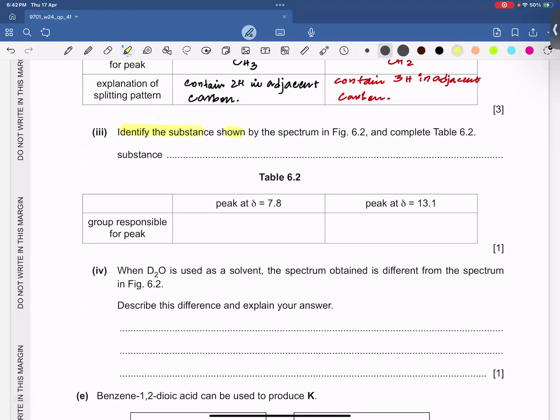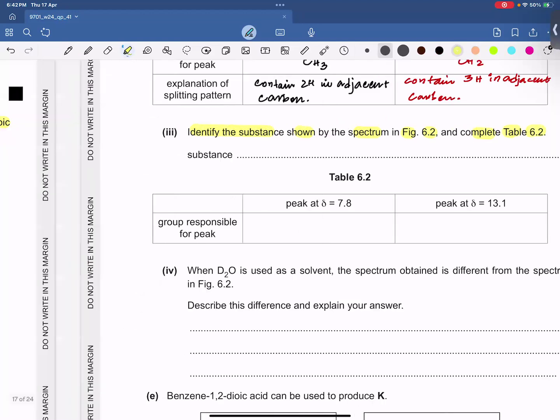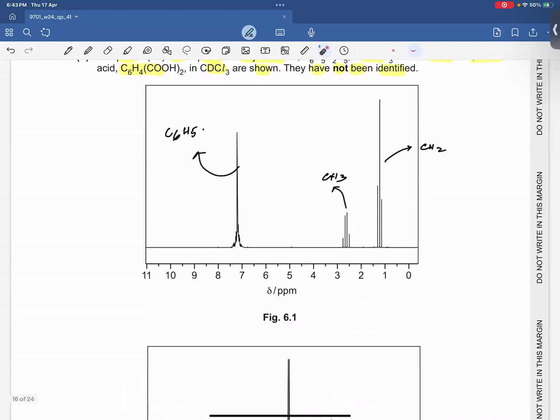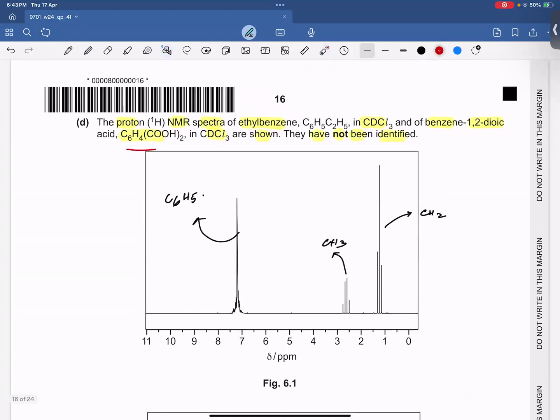Identify the substance shown by the spectrum in figure 6.2 and complete table 6.2. This spectrum shows, I think, this shows COOH group, and this shows benzene ring, because of the chemical shift between 6.9 to 7.4. तो इसका मतलब बेंजीन और COOH एग्जिस्ट कर रहे हैं, तो बेंजीन और COOH किस में एग्जिस्ट करते हैं? वो इस कंपाउंड में एग्जिस्ट करते हैं।